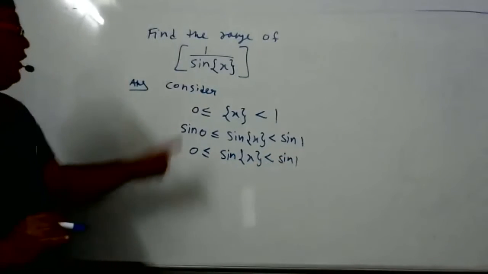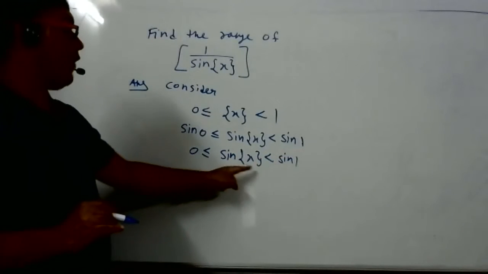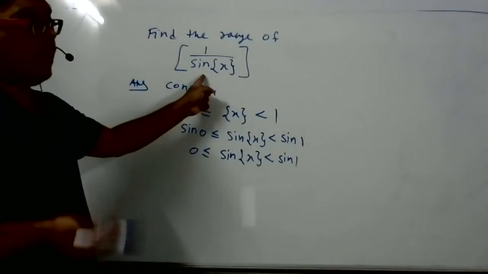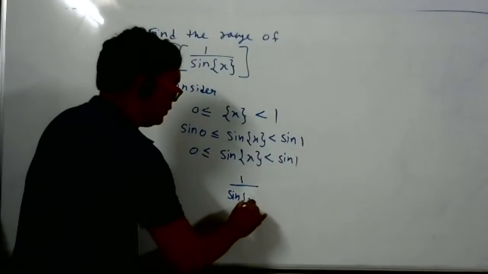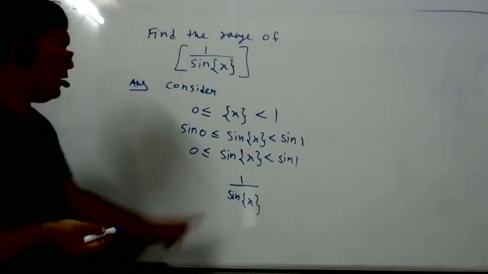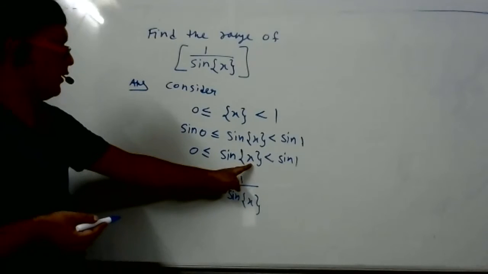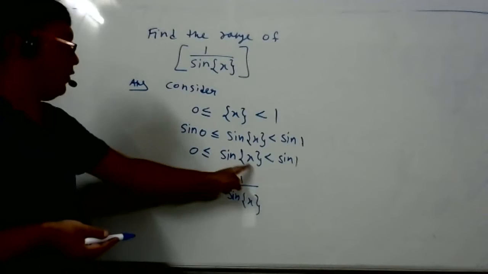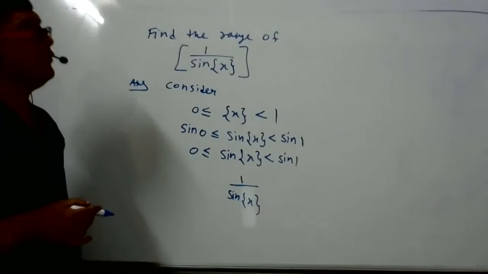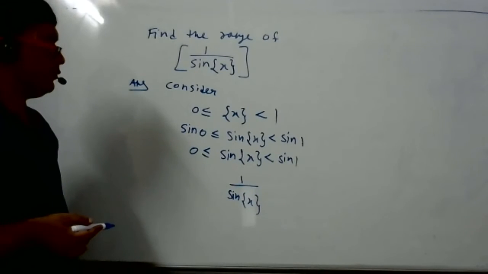But in the question, the sine of the fractional part is in the denominator. So what should be the next step? I should take the reciprocal, then only it will come. Reciprocal means some changes will be there. What are the changes now? Sine of the fractional part of x should not be equal to 0, right? It can't be 0. Why? Sine 0 is 0 only. Here also it can be 0. Okay, fractional part can be 0, so sine 0 will be 0 only. Is it correct? No, then the term will become infinity, right?